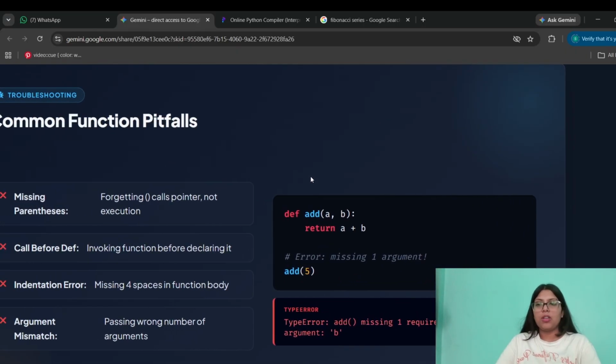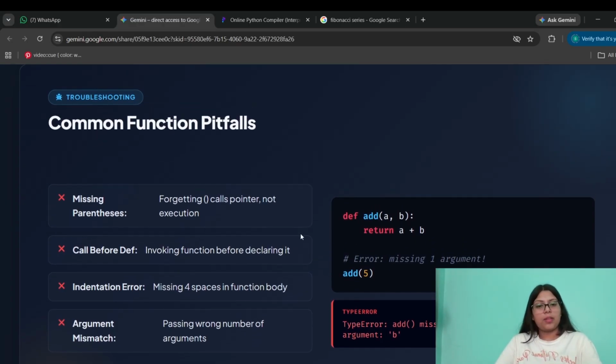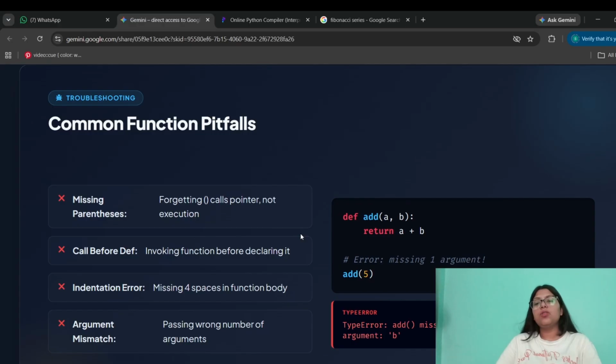Okay. Now what do we have here? We need to understand what problems or what mistakes we can make while writing a function. The first thing is to miss the parenthesis. We have to use the parenthesis here because if we do not, then the